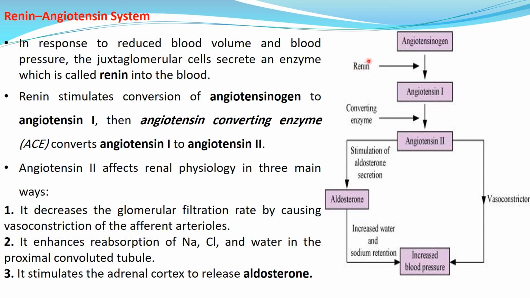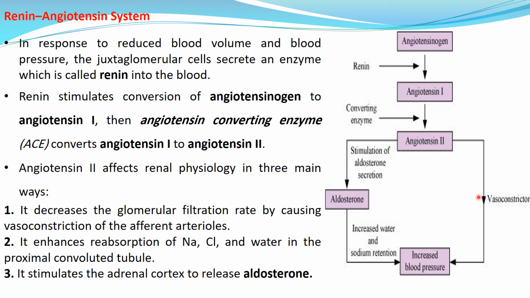They secrete this enzyme into the blood. Renin stimulates the conversion of angiotensinogen into angiotensin 1, and angiotensin converting enzyme, a specific enzyme, can convert angiotensin 1 into angiotensin 2. So angiotensin 2 is the functional enzyme, the active form of angiotensin, and it can repair the reduced blood volume or blood pressure through two main pathways. The first one is through the induction of